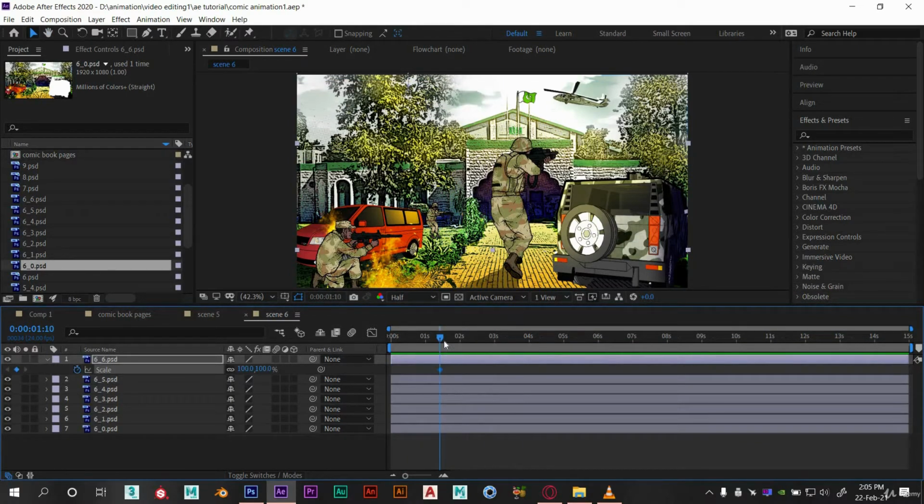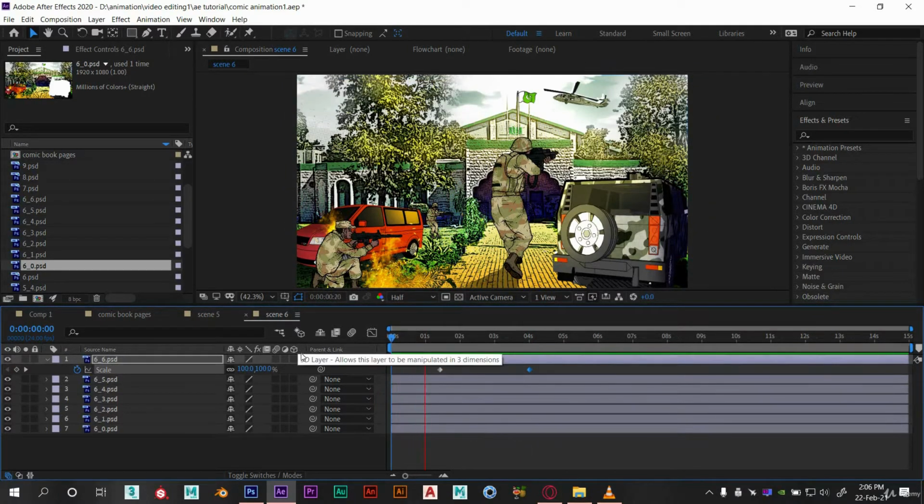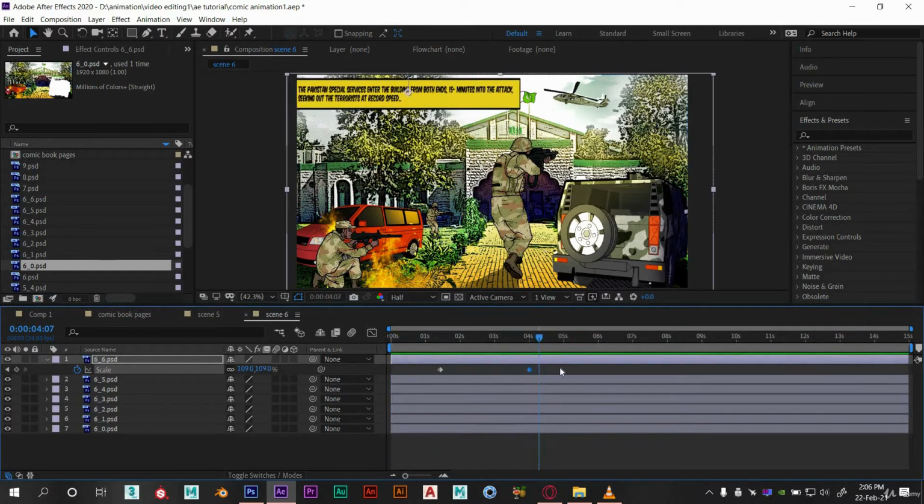Also, let's give it some scale animation. I want to keep the scale animation slow, and that's why I am keeping the keys this far. Okay, I'm satisfied with this animation.